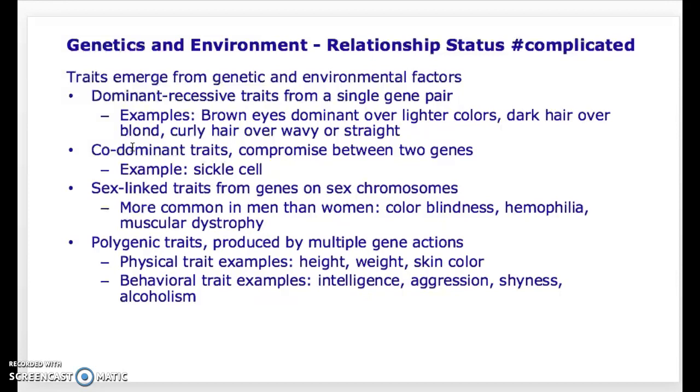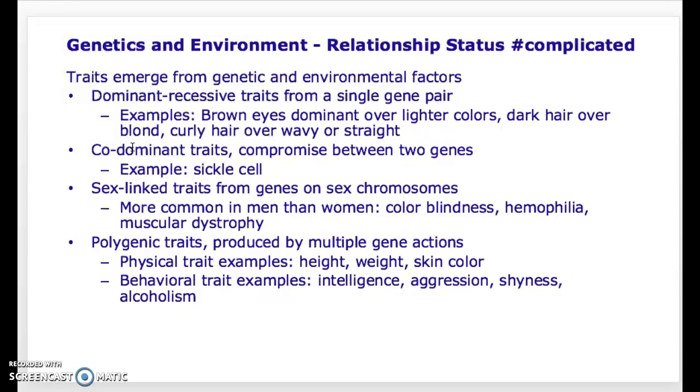Skin color is usually a mix of the two. So we see that with a very tall parent and a shorter parent, we usually get a child whose height is often in between the two. With a parent who has darker skin and a parent with lighter skin, we get a very nice blending of the two.